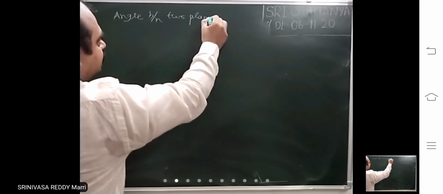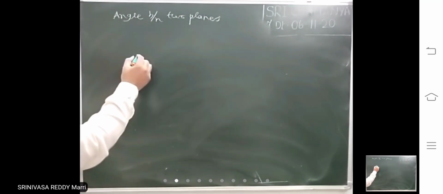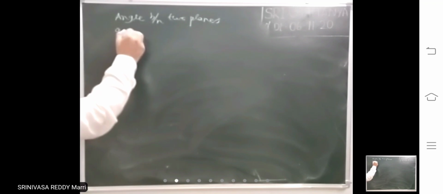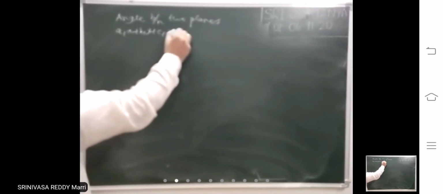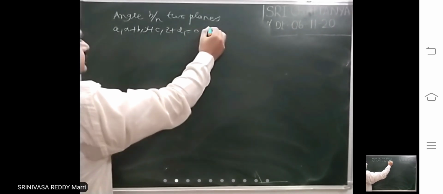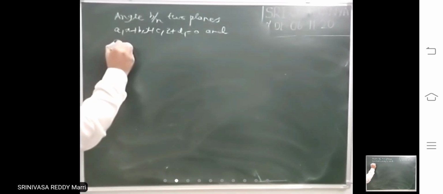Angle between two planes. Let us say the planes are like this. Two planes are like this, and